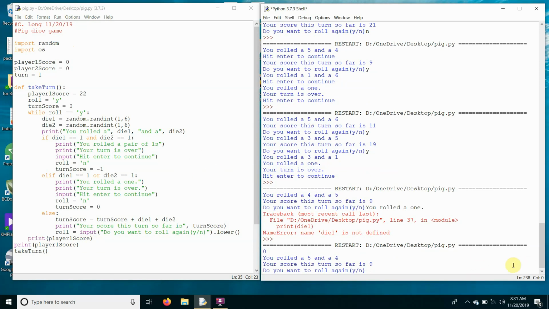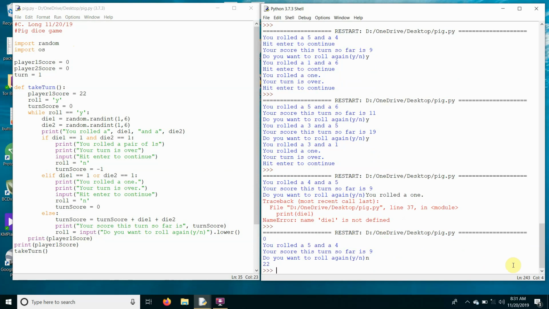My score is 9. Do I want to roll again? No, I don't. And you will notice that, okay. So when I said, do you want to roll again? And I said no, it printed player1 score. Oh, you know what? I put this in the wrong spot. That's why that didn't work. After take turn, I'm going to say